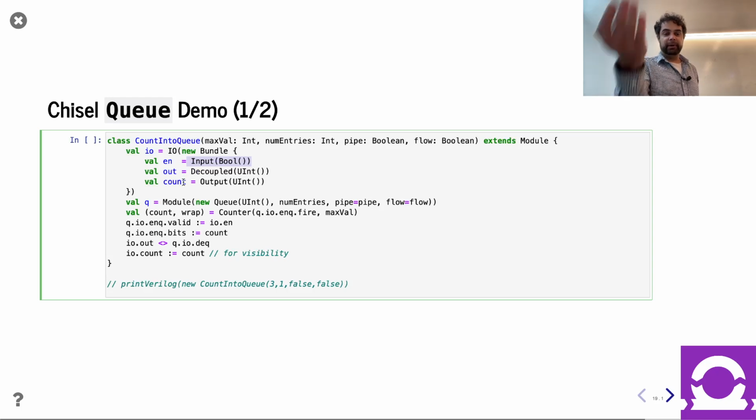Inside this module, it's going to have a counter, and the counter is going to feed into this queue. How deep the queue is, that's a parameter. As I said before, we'll come back to pipe and flow in a few minutes. And of course, the counter has a maximum value. Because the queue has decoupled interfaces, both input and output, the output of the queue we connect to the output of this whole module. So that's easy. Now the input to the queue is also decoupled. That one we're doing more deliberately, right? You can see that one we are connecting to